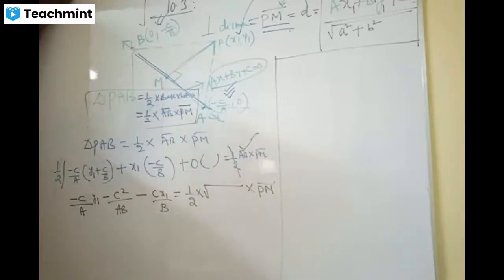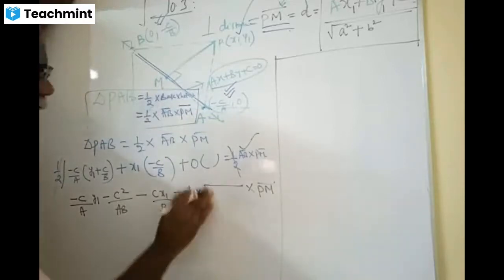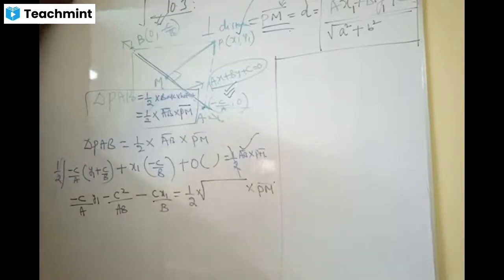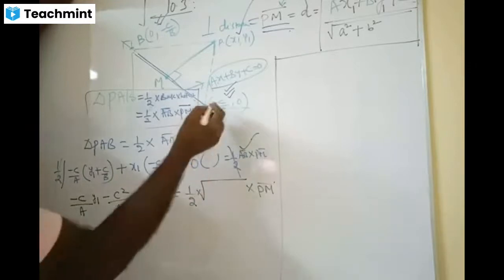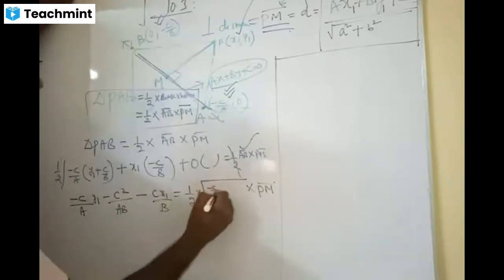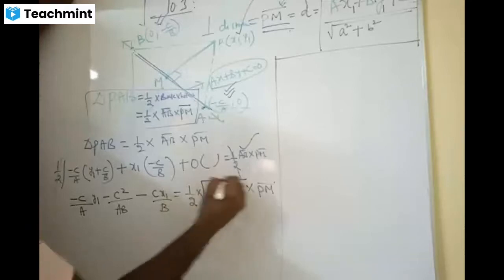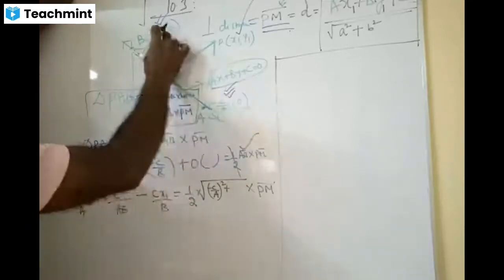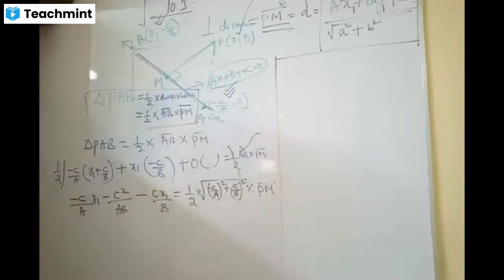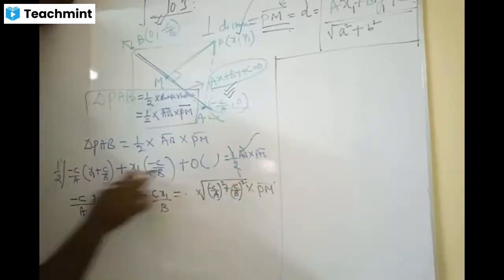Sudarshan Babu? Root of... please tell me. Root of x2 minus x1 the whole square plus y2 minus y1 the whole square. Root of x2 minus x1, you take minus x1 the whole square. So minus C by A the whole square plus 0 minus of minus is plus C by B the whole square. That's it, yes. So half is already gone now. Half I have eaten now.